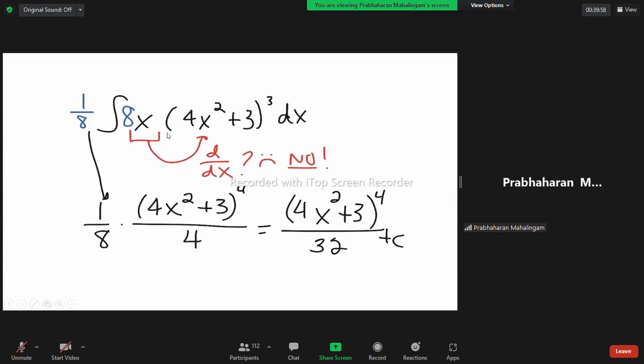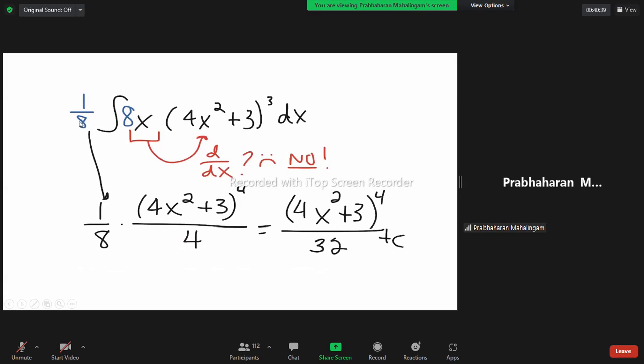Here one thing, the blue color one. Blue color, hello. Can you listen? Yes, sir. The blue color, what is the blue color pen? 1 over 8 into 8 is there, no? So this is called substitution. Hello, this is called under the substitution, that is u. Here we said dividing and multiplying. You see, 1 over 8 is a dividing factor, 8 is a multiplying factor. So divide and multiply, these two are cancelled.